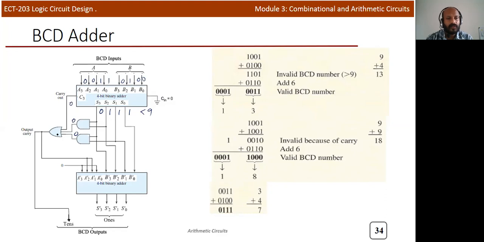The carry output is equal to 0. So in this case, the other adder inputs will be 0, 0, and the same 0, 1, 1, 1 is added with 0. So there is no change in the result. So finally you'll get 0, 1, 1, 1, the carry is equal to 0 here, and the result is simply 7.